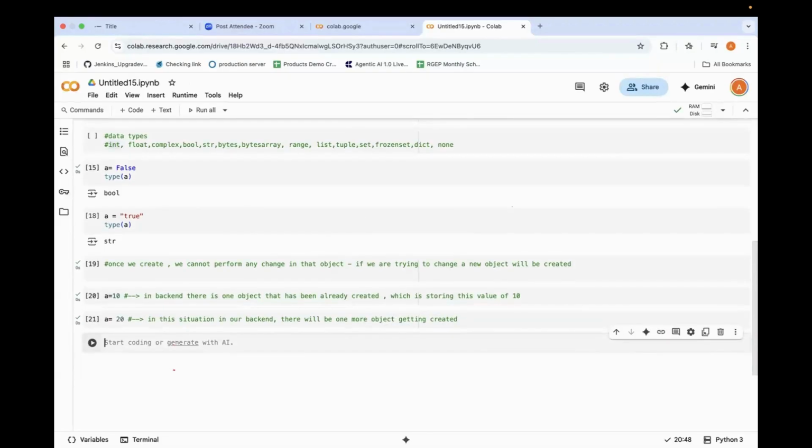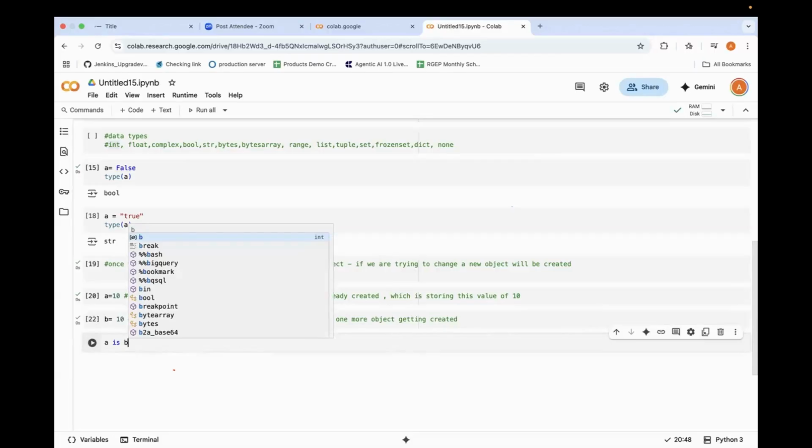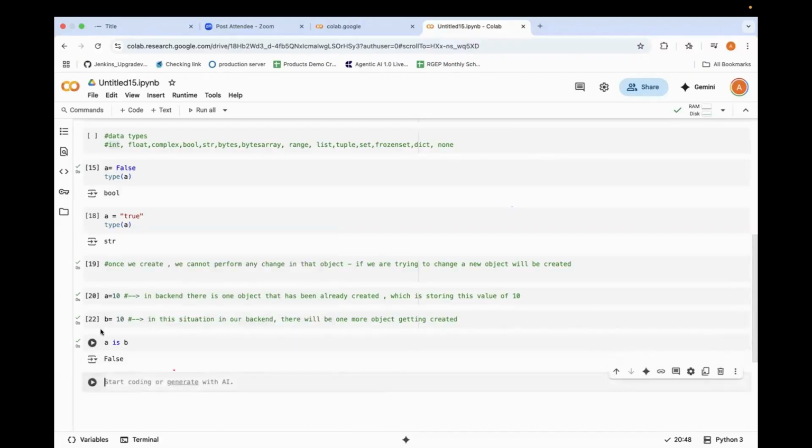You can consider it a problem as well as a benefit. Now, let's consider an example: a equals 10, and b equals 10. Can anyone tell me, is a is b, meaning does it have the same value, the same object? I think yes, sir. Right? If we see, the answer is false.